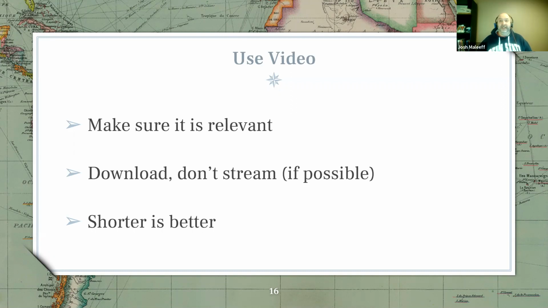And what's nice about that is once it's downloaded, it does a couple of things. I know that even if it gets removed from YouTube, it's mine. I've got it as a file. I know that when I go to play it, YouTube's not going to throw a random ad in at the beginning that might be something that's not appropriate for my audience. So those are a couple big ones. The other nice thing is that you can also embed it then into your presentation, which I'll demonstrate in a minute.